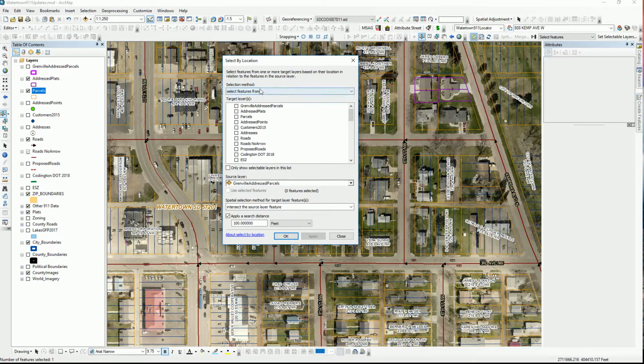This brings up our select by location pop-up box. We will use the select features from the parcels, check this one, then we'll scroll down to the source layer, change this to parcels as well. As you can see, this little box is grayed out. This is our use selected features button, and this is what we want. We want to be able to use only the selected features,